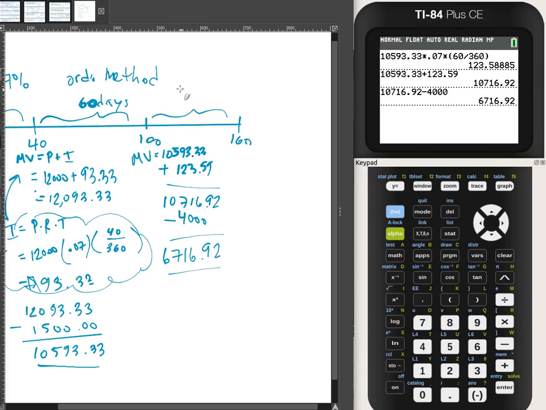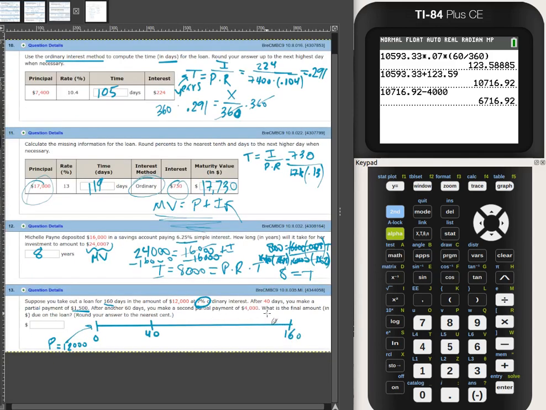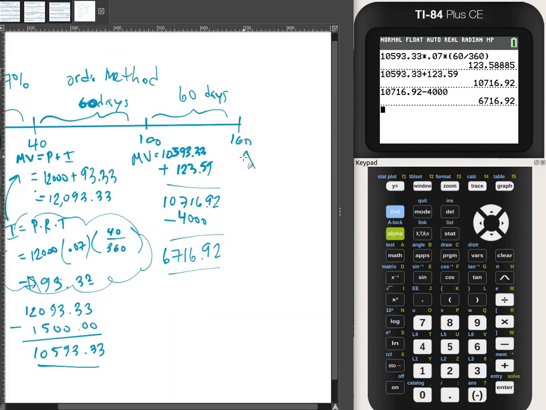because of course after day 100 there's 60 more days, and there's no more partial payments to deal with. In this question in general, it's asking what is the final amount due on the loan. And the final amount that's due is going to be basically that maturity value on the last day, which is going to be here on day 160. So we need to take this one, which we're basically treating as a new principal, and we need to add, to get this maturity value,